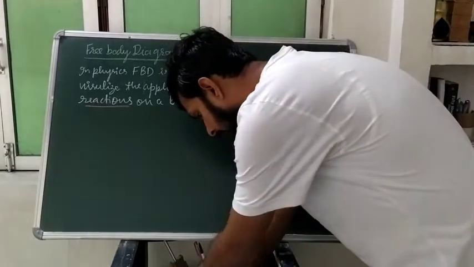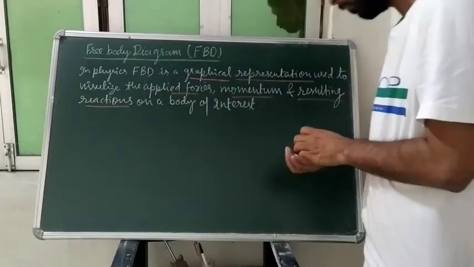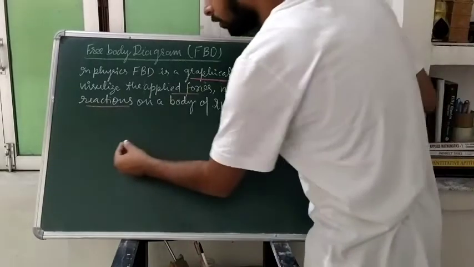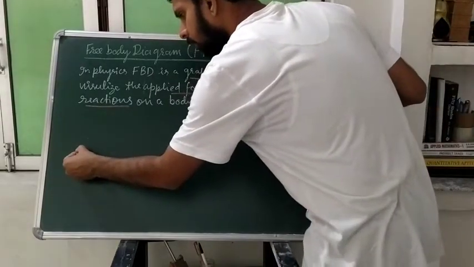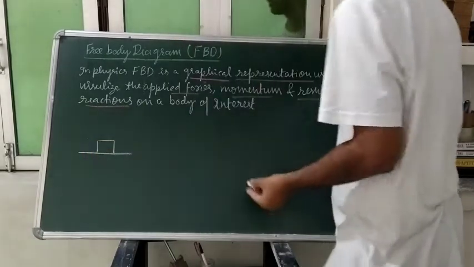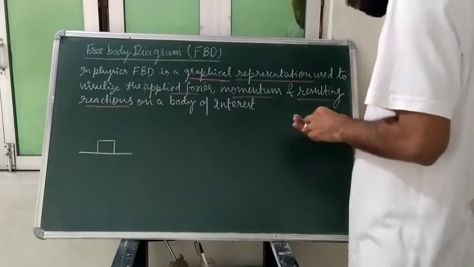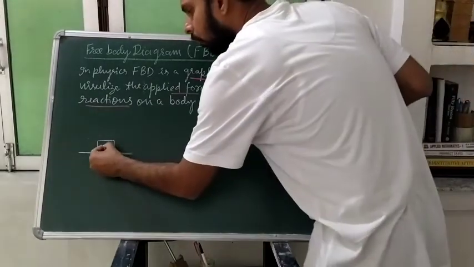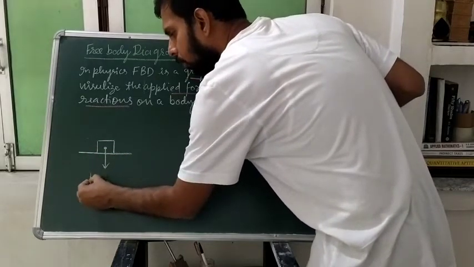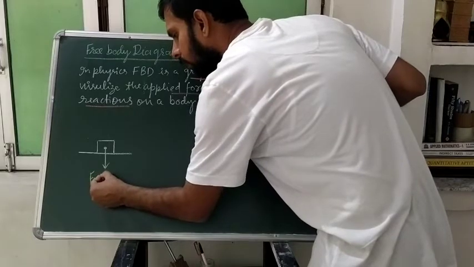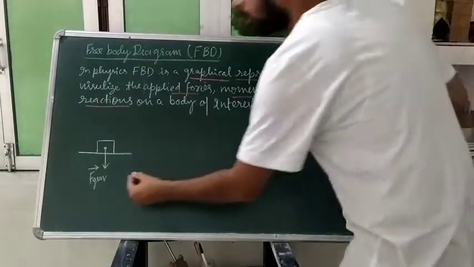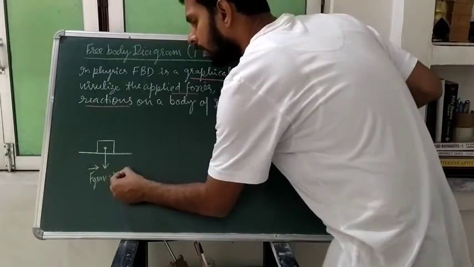I think I had given you one free body diagram while I was explaining Newton's first law. If a book is kept on a table, a block is here on a ground surface, you all will be aware that this is the weight of that block, the weight due to the force of gravity. The force due to gravity on any mass is called our weight, and that will be equal to mg.